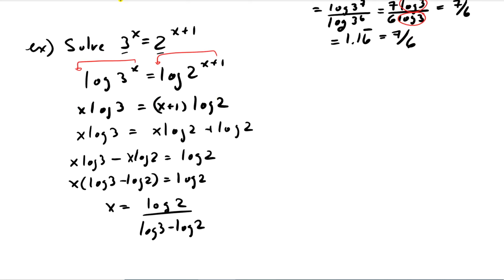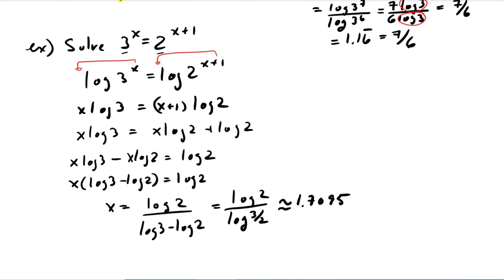At this point, we could use our calculator, or also you could see that the log of a difference is the log of a ratio. But after that, I'd sort of be forced to use my calculator. Calculate this, I get